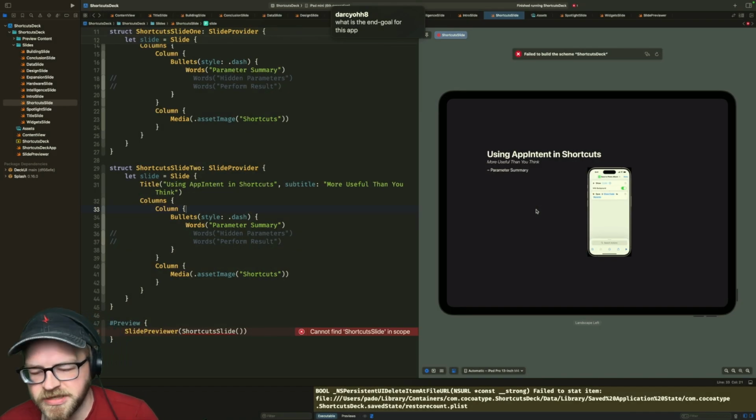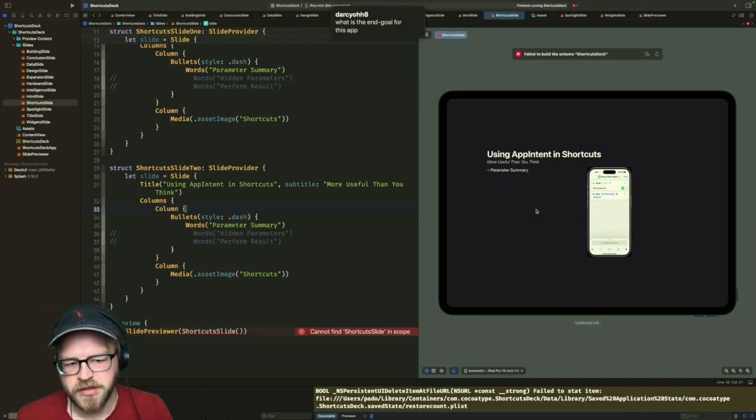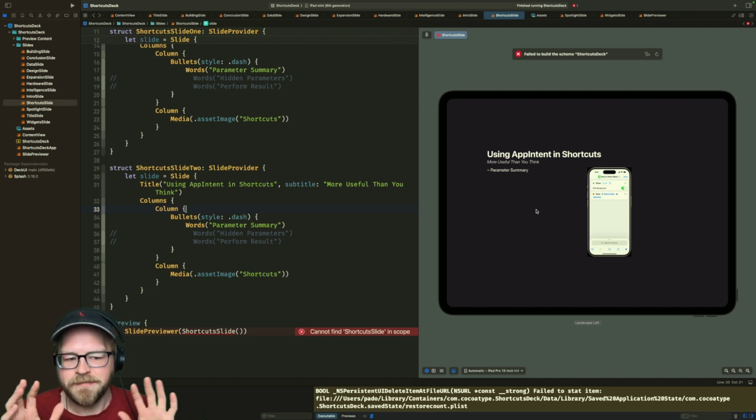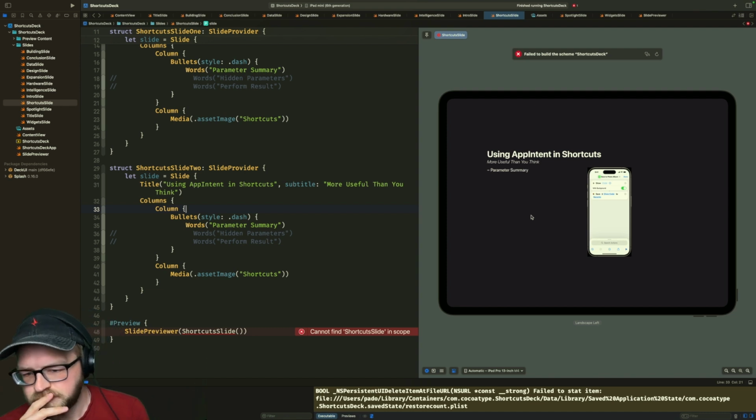What is the end goal for this app? So for the barcode app, I don't know what the end goal for that app is. It's releasing an app that lets you save barcodes and do stuff. What I'm working on right now, however, is a talk that I'm giving later tonight. Nothing like waiting to the last minute to actually prepare this talk. So the app that you're seeing right now is just a talk that I'm giving.